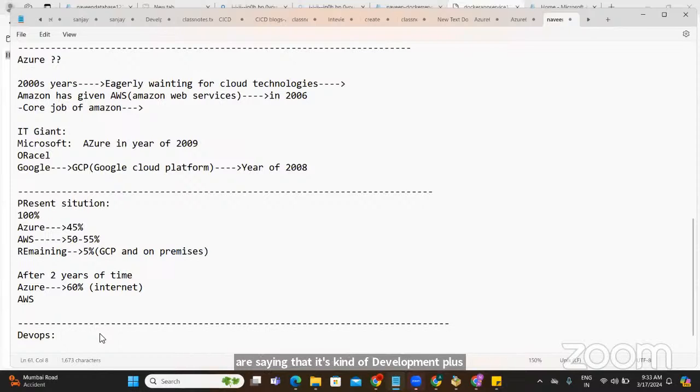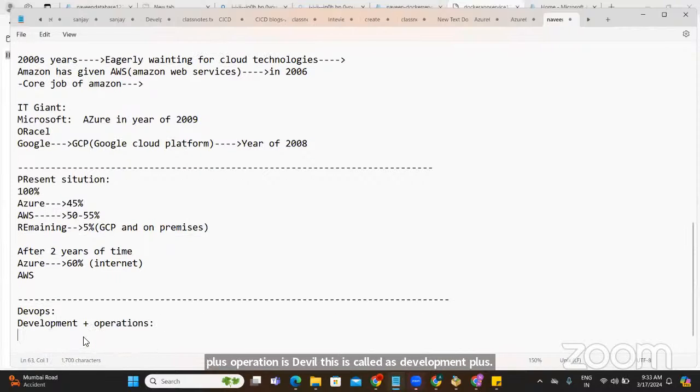Yep, guys. All good. Thank you so much. DevOps is called development plus operations. Getting the point, folks? Wonderful. Good job, Srinidhi.